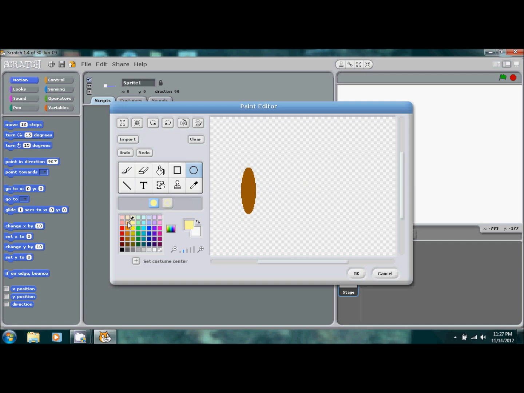Now I'm going to pick a skin tone, and this will be his head. I'm just going to take his head and move it over to the side so I have a little bit more room. And I'm going to continue to work on his clothes. This is just going to be his arm stretched out because he's going to be holding his gun. And his hand will be right there. Now just take his head and drag it back.